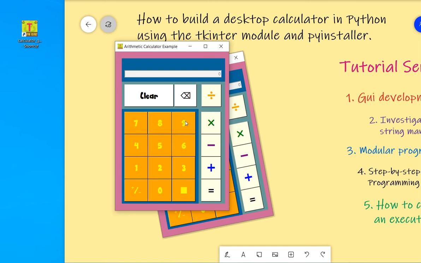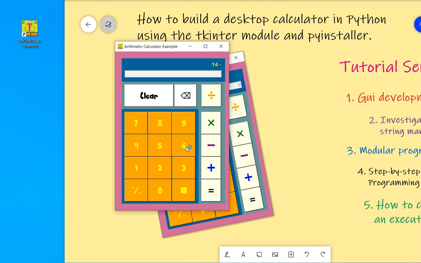You've got your digits here, so let's say you want to enter 56 and you want to multiply that by 2. You're getting your 56 multiplied and it's updated to 2. If you want to see that answer, it's telling you what the sum is and it's updating the answer. You can also